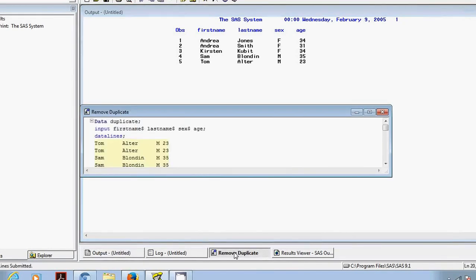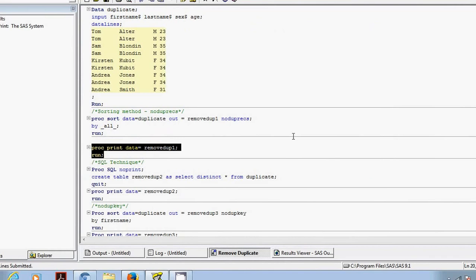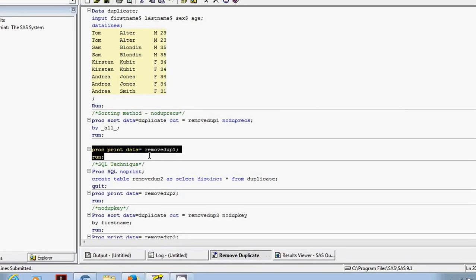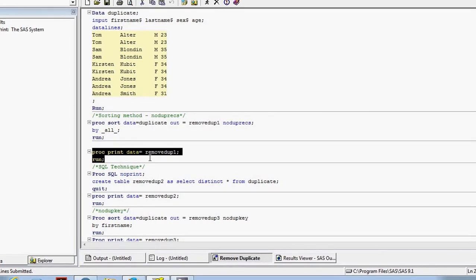So this technique is widely used in cases where you want to remove duplicates where all the 4 variable values are the same.